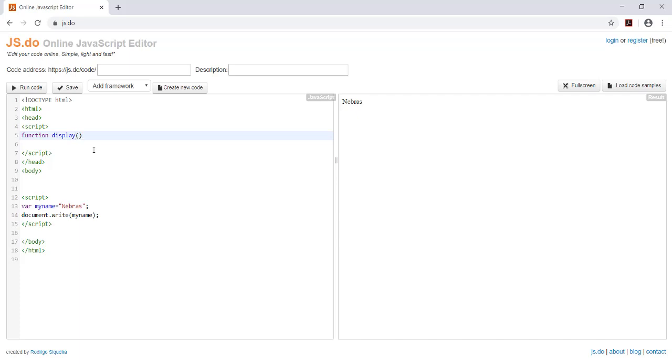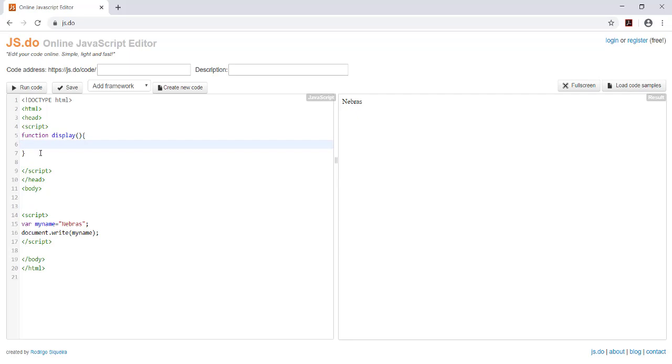It has no parameters, then two brackets. Now this function will display an alert message or message box. For example, I will write here, you called the function. Now look, so I will remove this. If I run this code now,